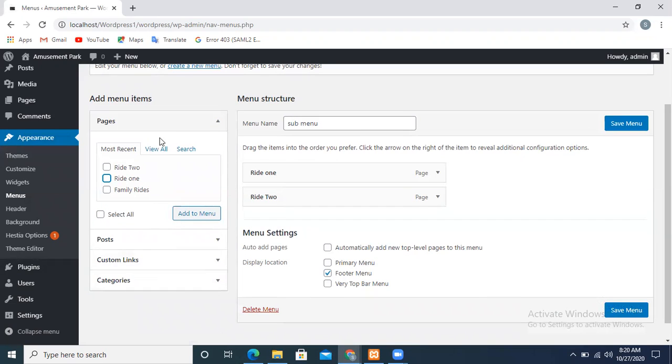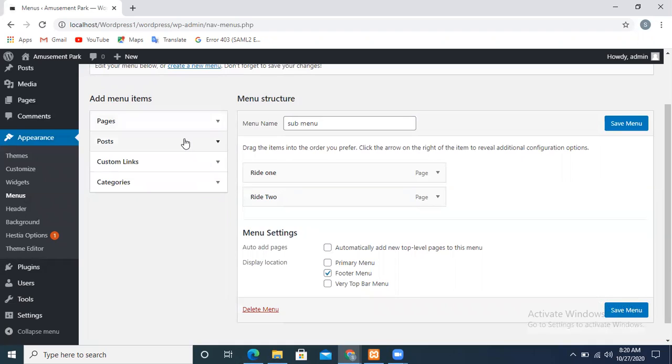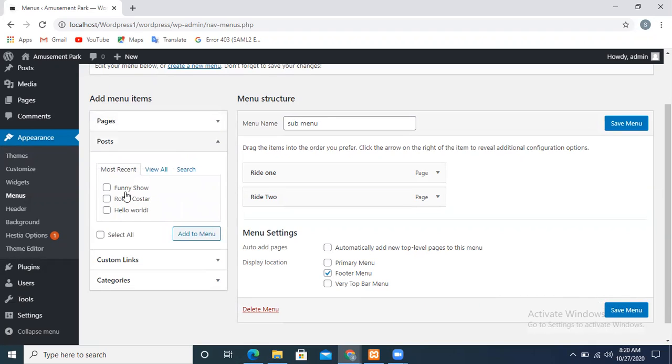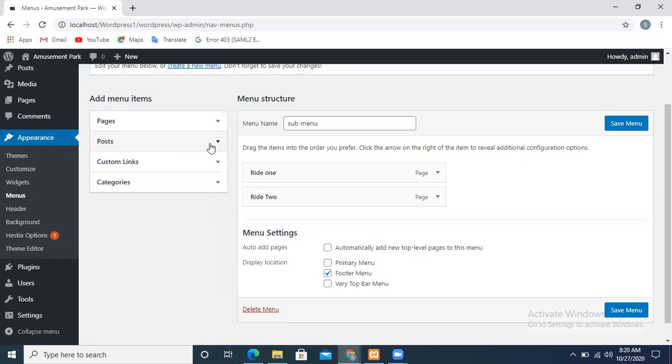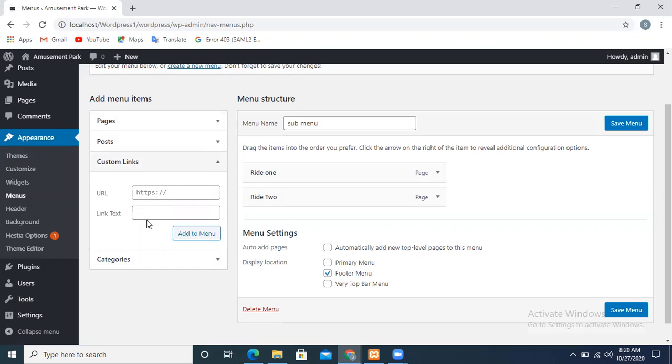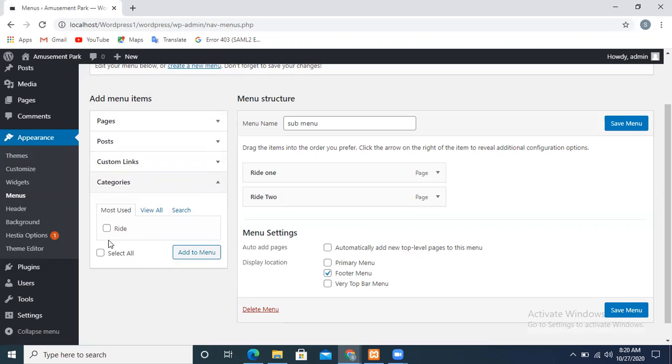This particular menu contains pages. This contains posts, how many posts you have in your website. The links you can provide over here if you want to add any kind of link. And the categories. Right now in our website, we just have a single category which is write.